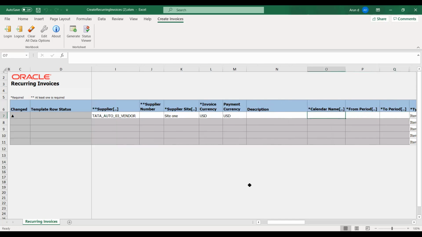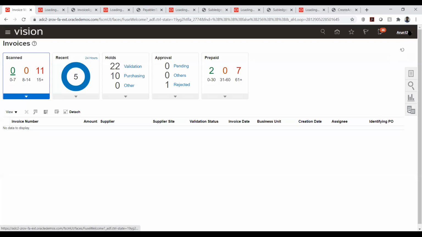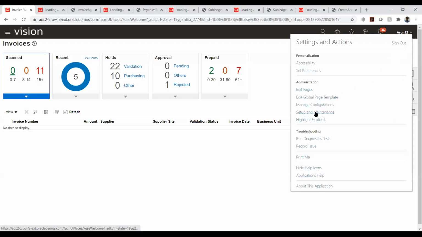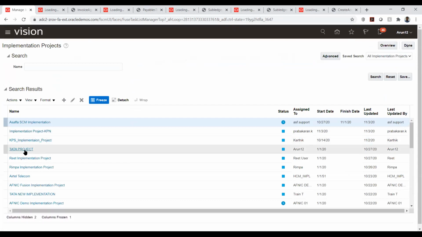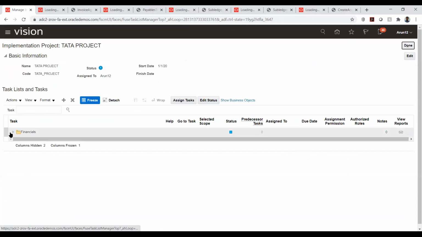I think for the setup, we need to create a calendar for this, so I'll put in one calendar. Should this have a specific calendar, or can we use any calendar that's out there?